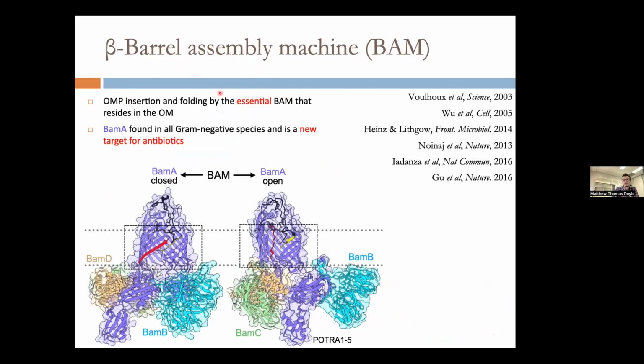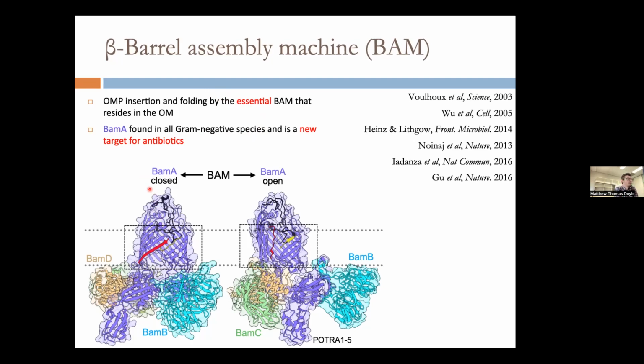So in E. coli and every species tested thus far, the BAM is essential. You can't knock it out; various components of it are synthetically lethal. BAM-A, in purple here, is found in all gram-negative species, so anything that has two membranes. And also organelles that are derived from ancient double-membrane bacteria, such as mitochondria and chloroplasts, have maintained a